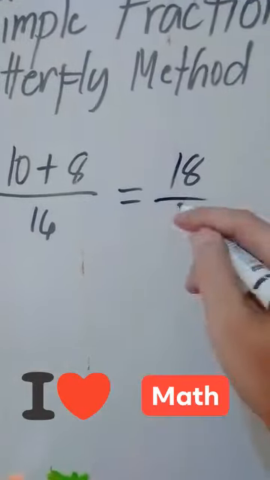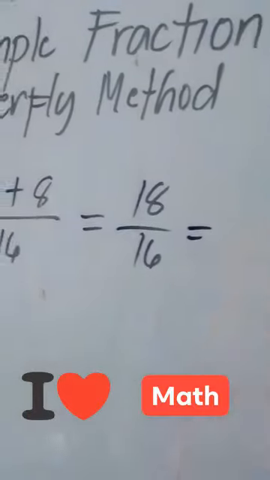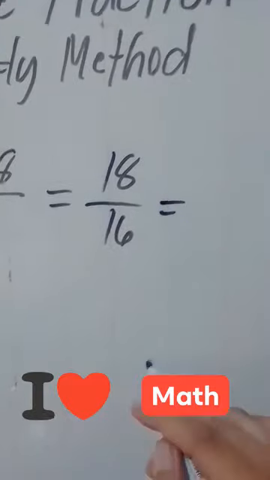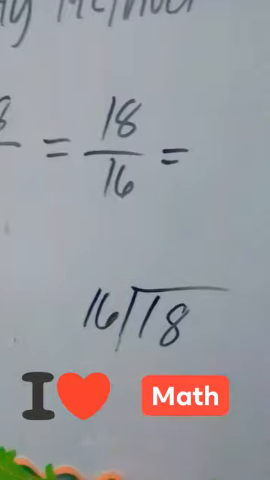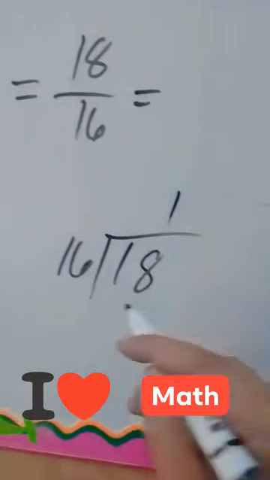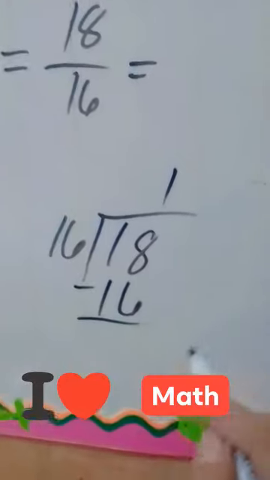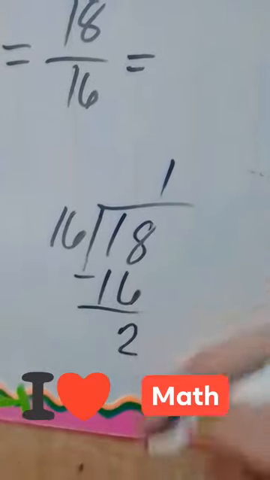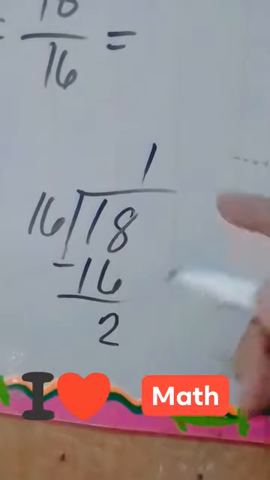So over 16. Since the numerator is bigger than the denominator, you have to divide this one. So we have to divide 18 divided by 16 equals 1. Then 1 times 16 equals 16. Then subtract, okay, 2. So in writing this into mixed form or mixed fraction, you have to write first